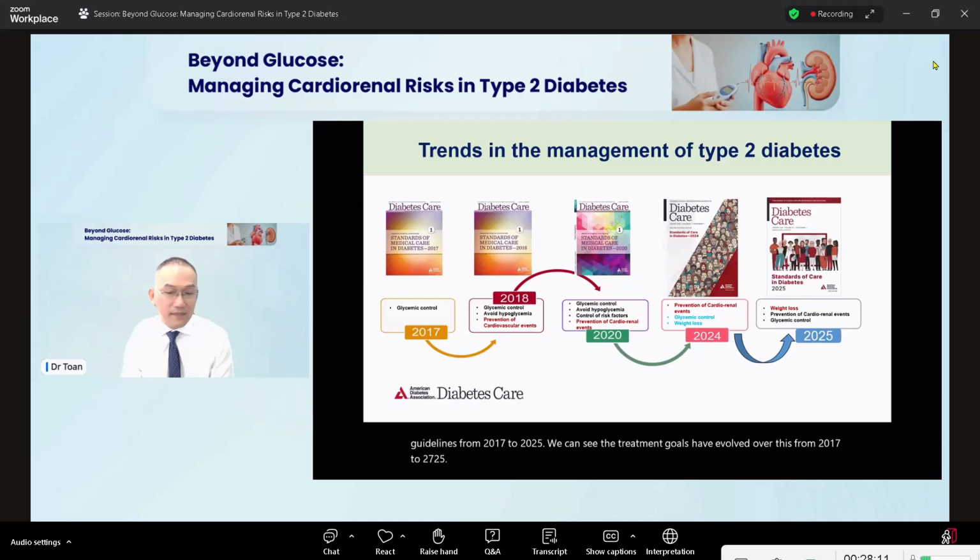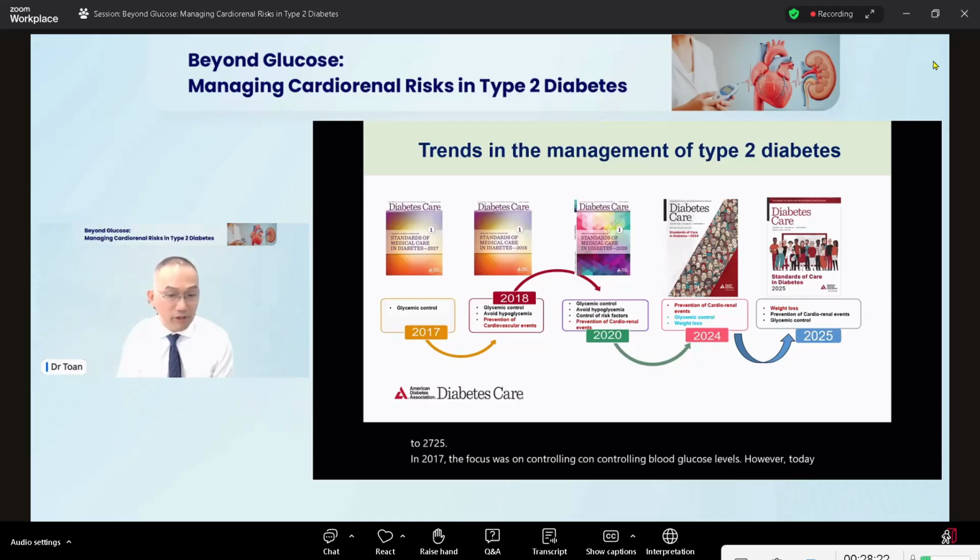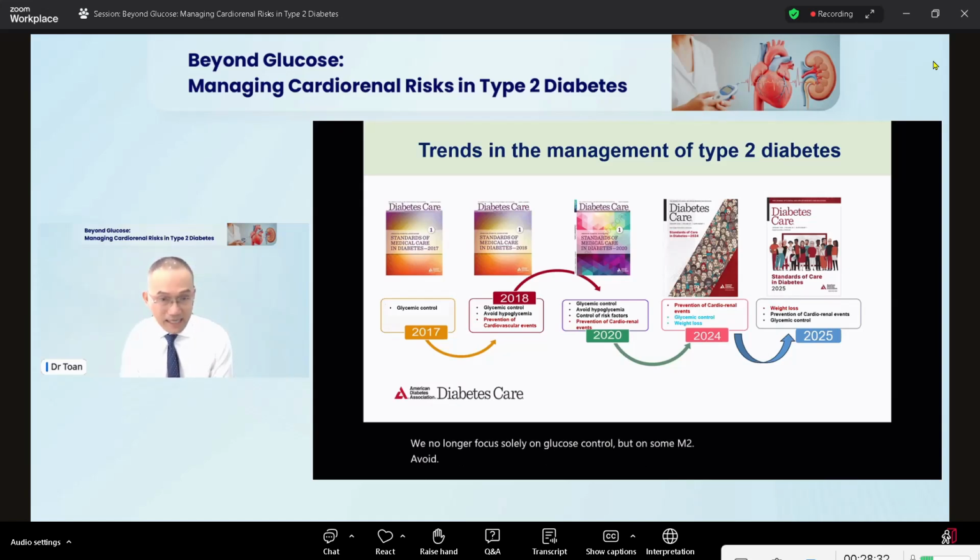In 2017, the focus was on controlling blood glucose levels. However, today, the approach has shifted. We no longer focus solely on glucose control, but also aim to avoid hypoglycemia and to prevent cardiovascular and kidney complications and weight loss. This means that